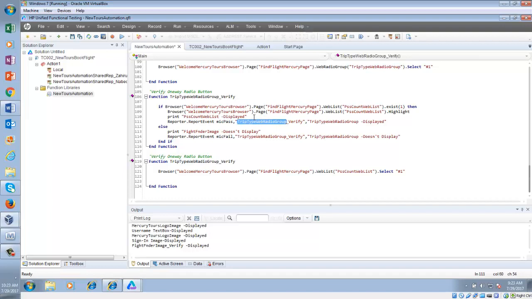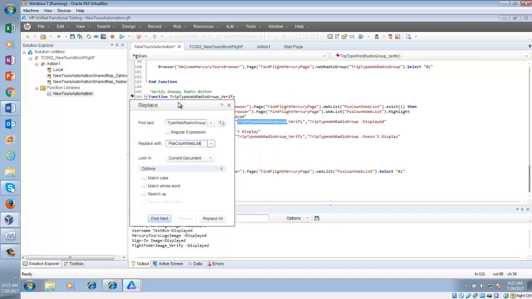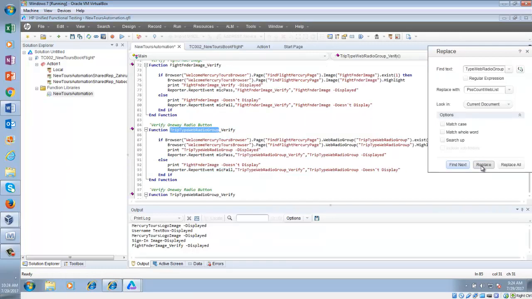What we can do, you can select Ctrl H here and you can replace it by this one. See how this works. So you say find, actually you start from here, find next, replace. I'm not going to replace there.